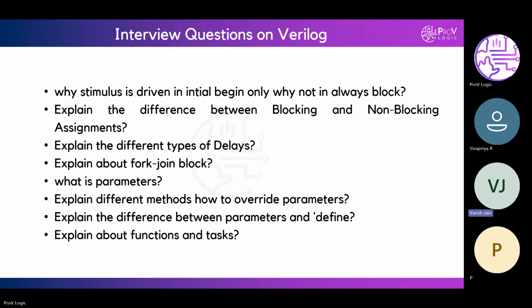So only inter-assignment delays we use in blocking assignments, and in non-blocking we use intra delays. We can't use intra delays in blocking.